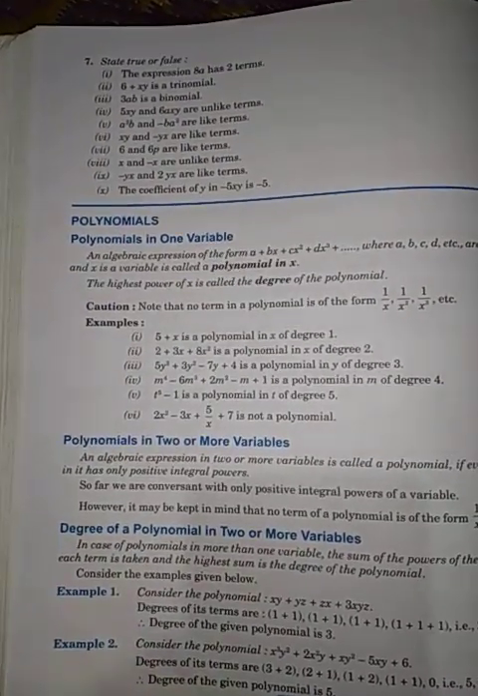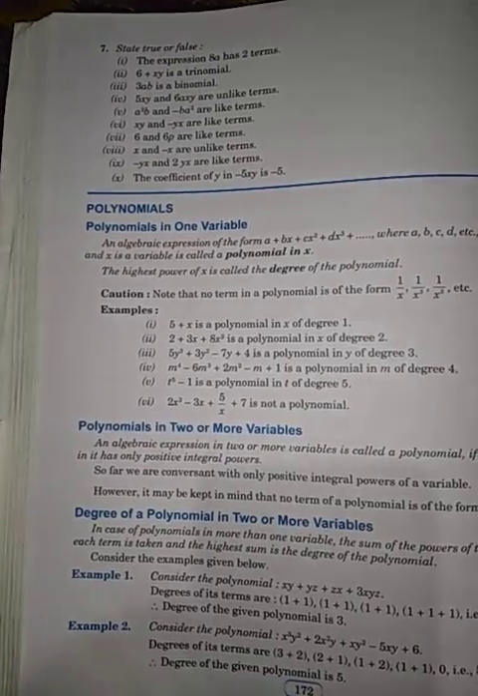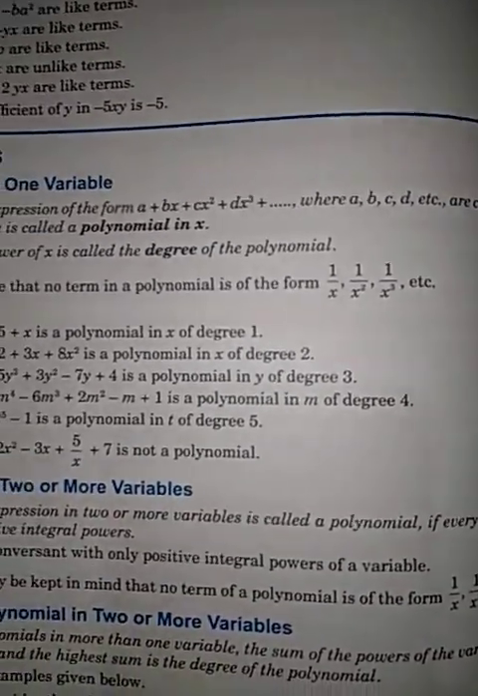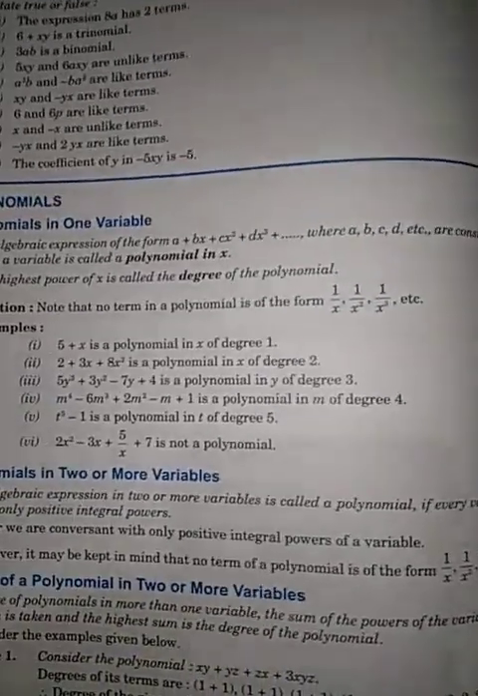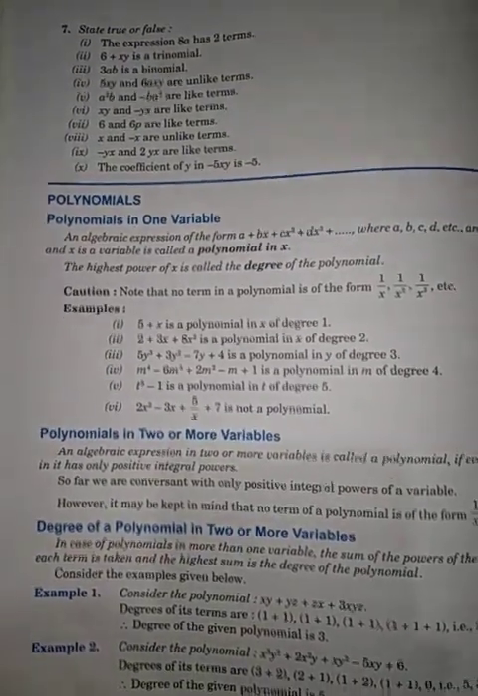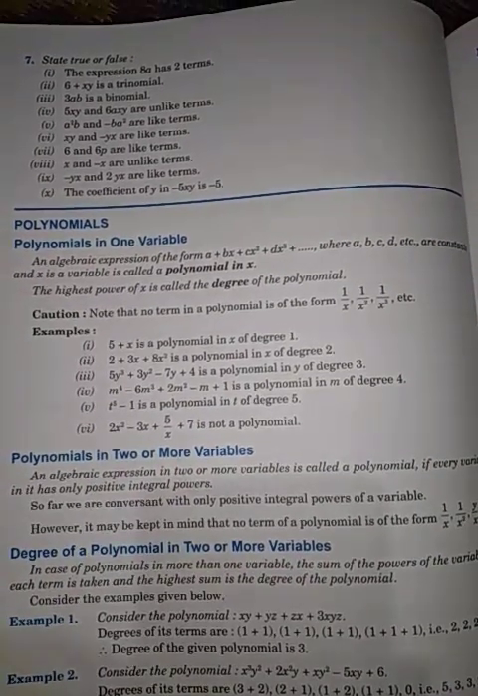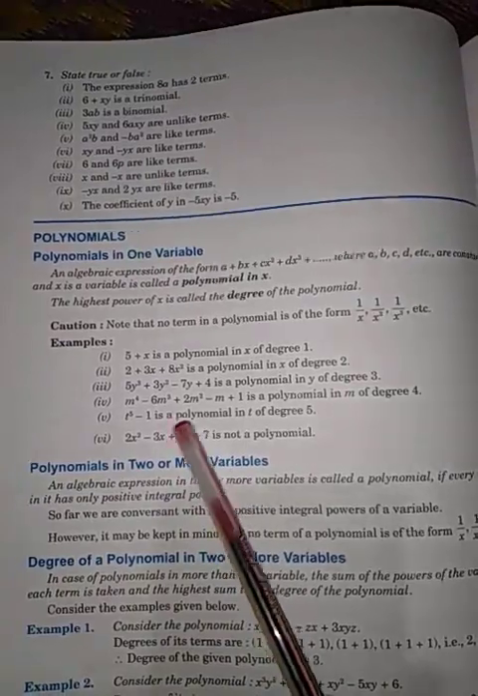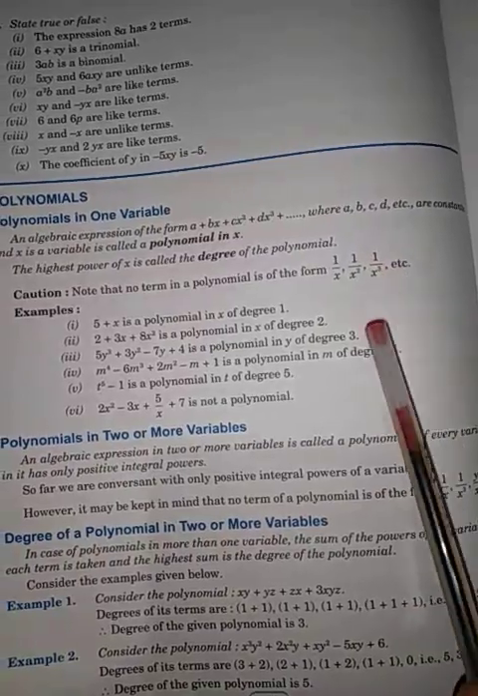In today's video lecture, we discuss polynomials in one variable. An algebraic expression of the form a plus bx plus cx square plus dx cube plus so on, where a, b, c, d, etc. are constants and x is a variable, is called a polynomial in x. It means there is only one variable, which is x, and the highest power of x is called the degree of the polynomial. Let us consider that no term in a polynomial is of the form 1 by x, 1 by x square, 1 by x cube. Remember,